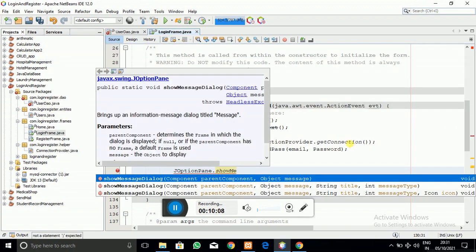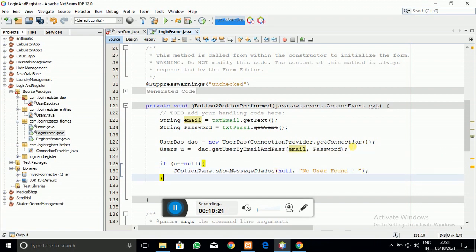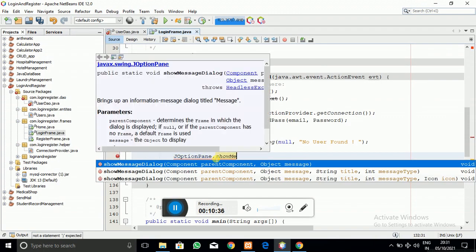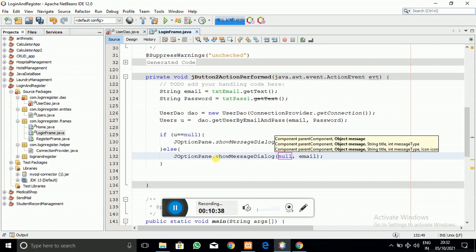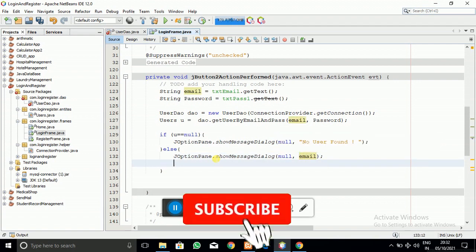So I am going to write a message, a dialog box like that. User not found, that is, we have not found the user with that specified email id and password, that is what it means. And now you can see in the else part, we got that user with that email id and password. So similarly I am going to write a message like JOptionPane dot show message dialog, and let me write the email id into the dialog box, so that email id is the registered email id.